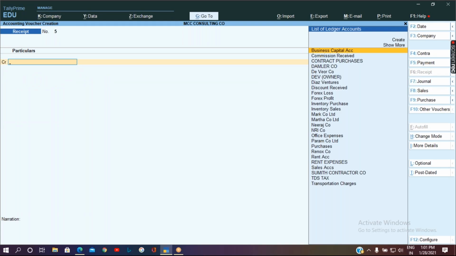So this is how you are going to pass the entries related to the purchase order process and sales order process.